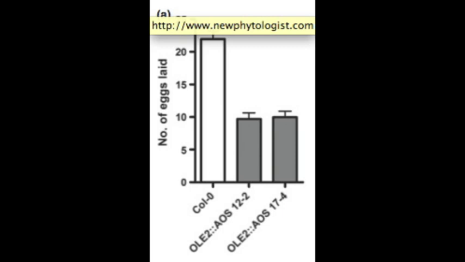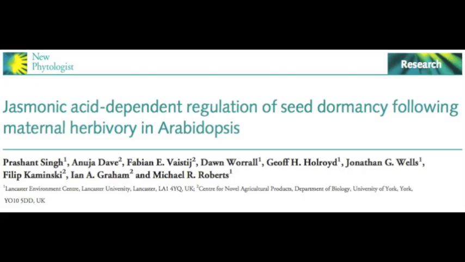Interestingly also, because we were interested in defence, and that's where we started thinking about these maternal effects, when we looked at the defence phenotypes, we saw this transgenerational increase in herbivore resistance in seed coming from parents who are infected with herbivores, which is what people have seen before. But again, with the transgenic lines that are over-accumulating jasmonates in the seed, we also see a priming effect. So we now know that jasmonate accumulation in the seed is sufficient to generate this offspring priming effect.